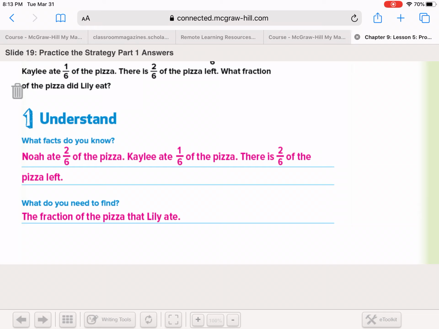So if you haven't copied this into your book, please do that now. And I'm on page 588. So I'm going to give you a second to copy that down. Okay, so